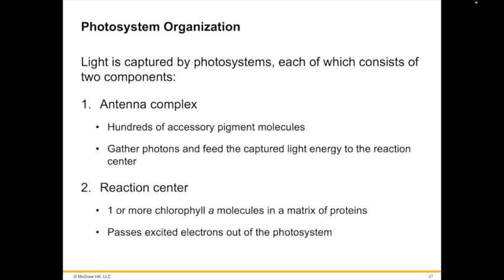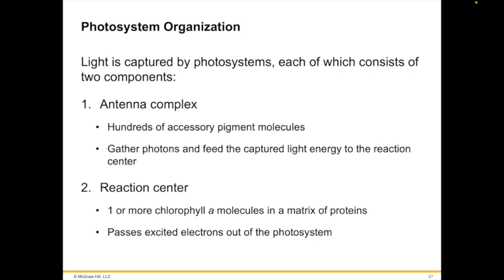In chloroplasts and all but one class of photosynthetic prokaryotes, light is captured by photosystems. Each photosystem is a network of chlorophyll a molecules, accessory pigments, and associated proteins held within a protein matrix on the surface of a photosynthetic membrane. Like a magnifying glass focusing light on a precise point, a photosystem channels the excitation energy gathered by any one of its pigment molecules to a specific molecule, the reaction center chlorophyll. This molecule then passes the energy of the photosystem as excited electrons that are put to work driving the synthesis of ATP and organic molecules.